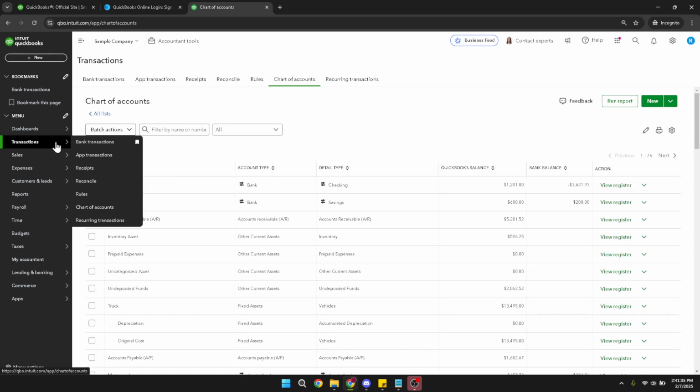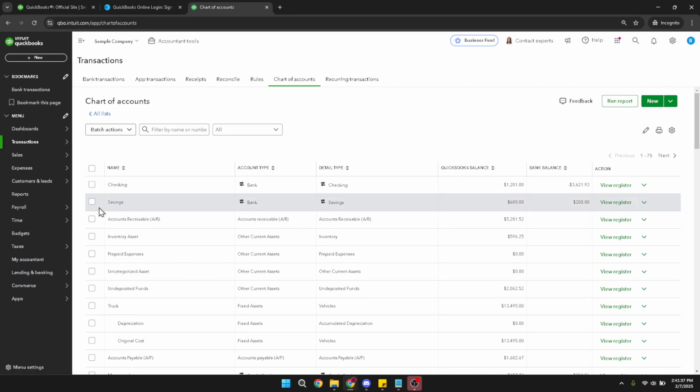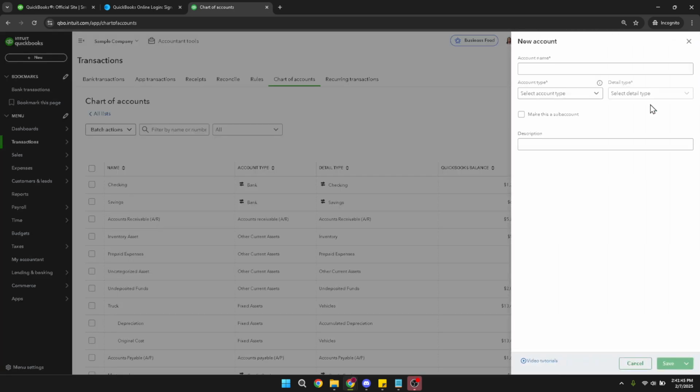The Chart of Accounts is a crucial component in QuickBooks as it's essentially your financial framework. It holds all your accounts and the transactions recorded against them, making it an invaluable tool for tracking every aspect of your finances. Now we're tasked with adding a new account, particularly for the loan you're entering. To do this, hit the New button. This will open up a form that allows you to create a new account in your Chart of Accounts.